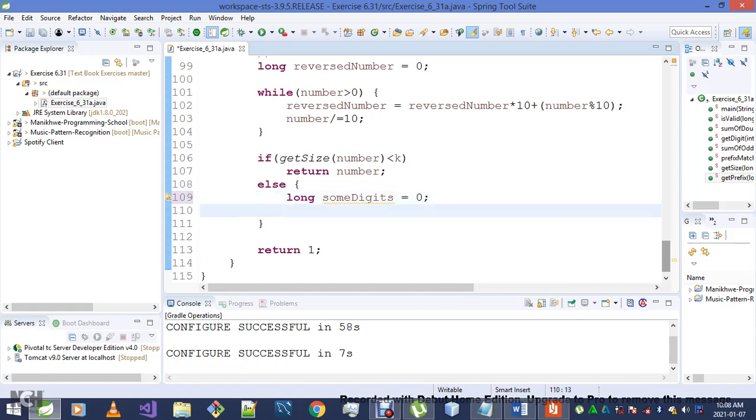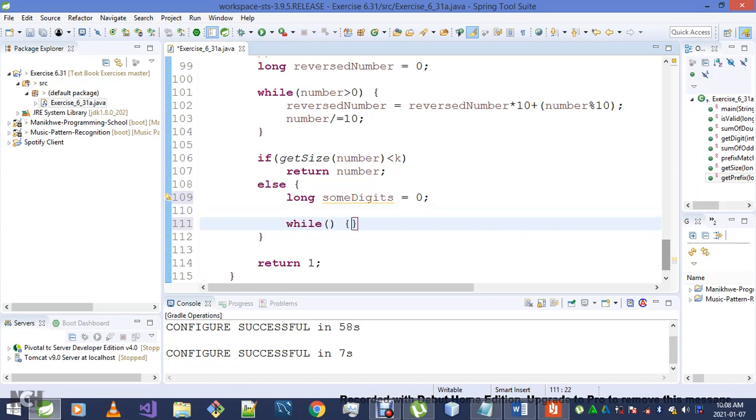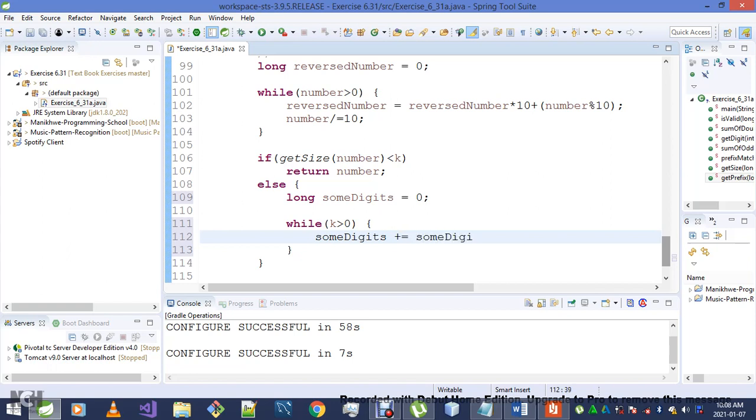Okay, while k is greater than 0, sum digits is going to be sum digits